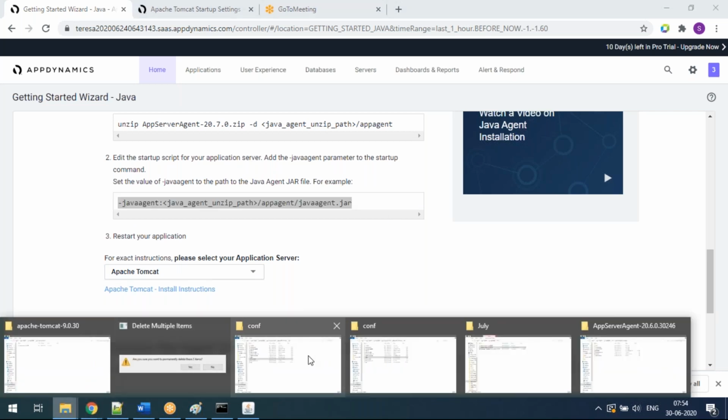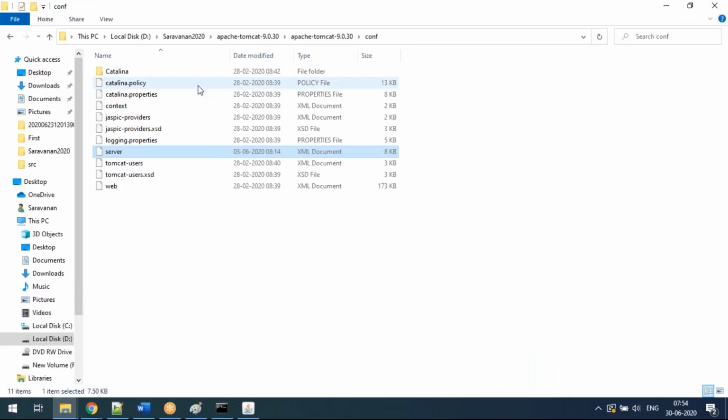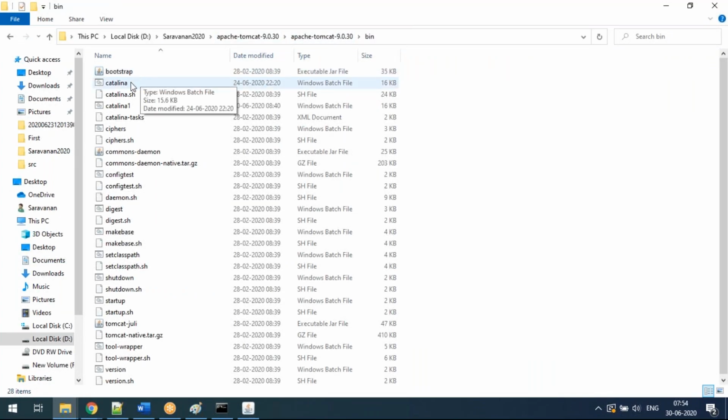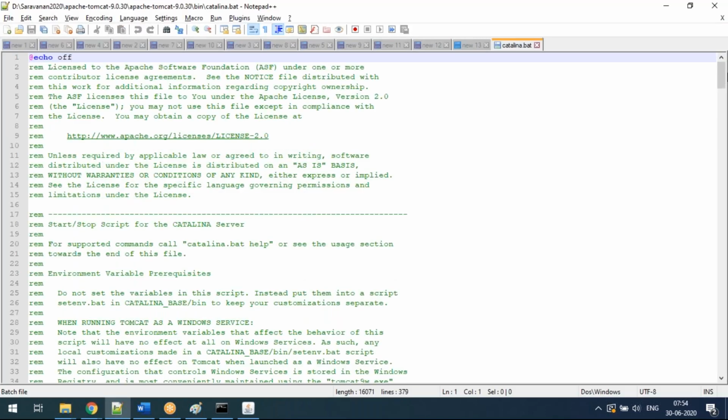Go to the Apache Tomcat server, guys. I'm going to the Apache Tomcat path. Under the bin folder there is a file called Catalina. I am opening that Catalina file.